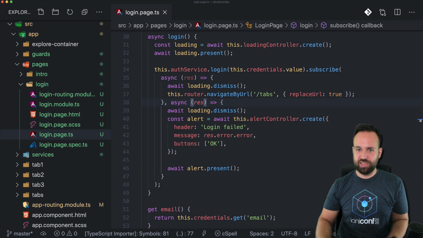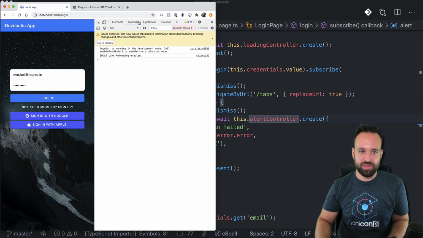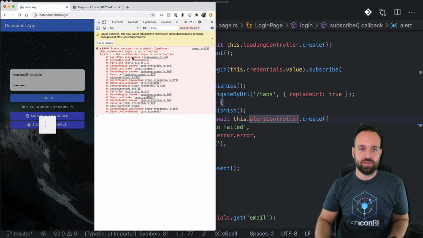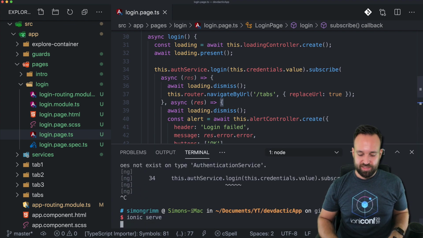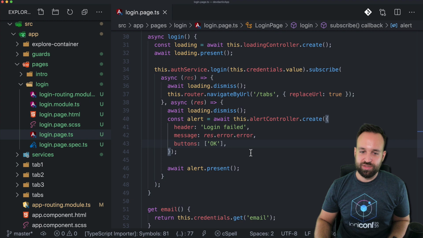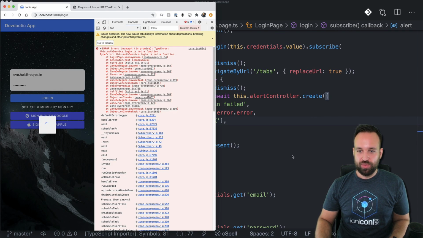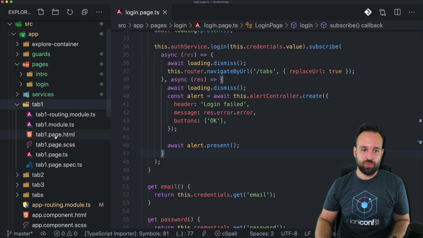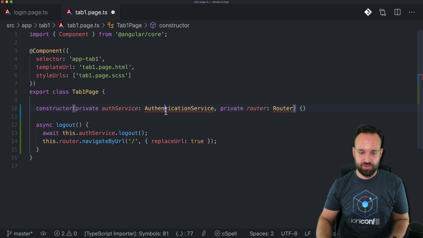All right, we're actually close to the goal of this example. Let's try our login. On a successful login, yeah. I don't know why, but I usually get this error whenever I add a function to a service lately. Really no idea why. But we can already add a bit more code while this loads inside the tab 1 page. We just want to have a quick logout. We have added the function to the service already, so we can simply